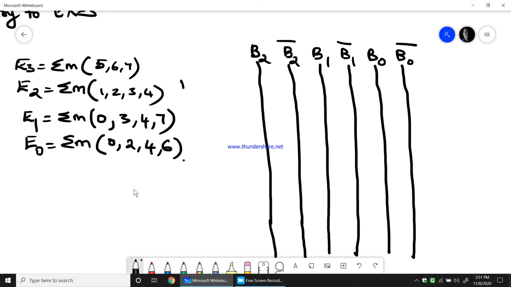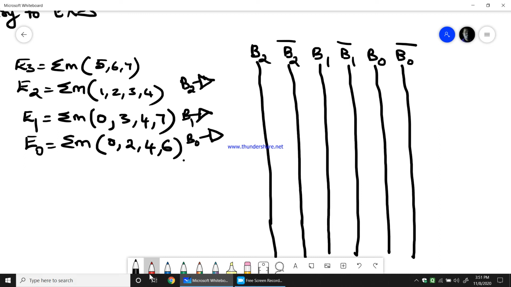So I will have B2 which goes to an inverter. I'll have B1 which goes to another inverter and also B0 which goes to another inverter. So now each inverter will have two outputs.